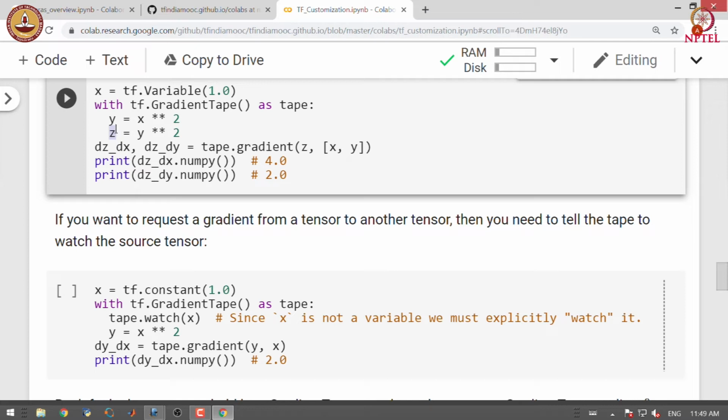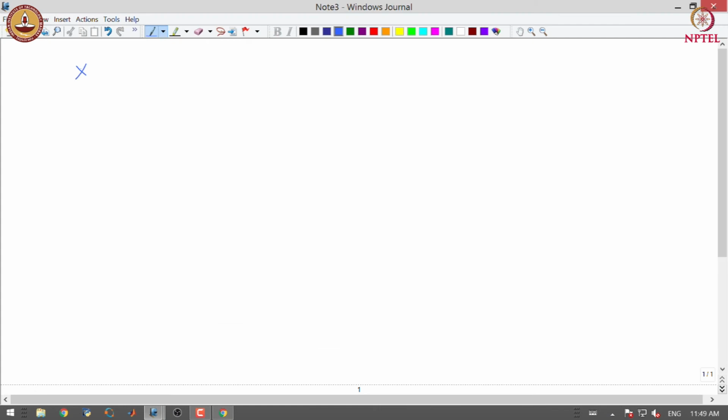So, here we have the following situation: x has some value, x is equal to 1, y is equal to x squared and z is equal to y squared. We start with x equal to 1, raise the power to 2 to get y, and again apply the power operator to get the value of z.